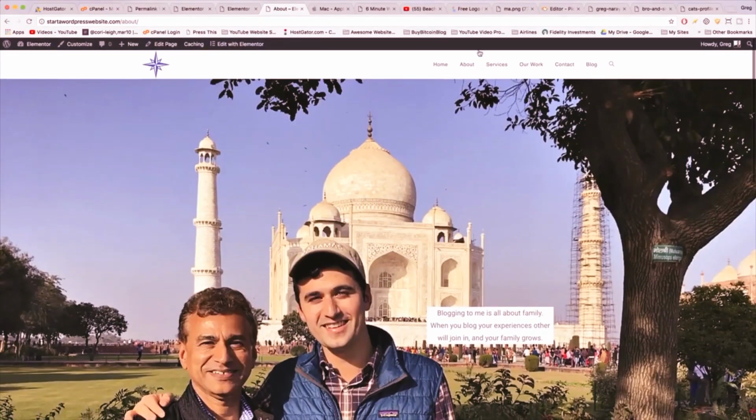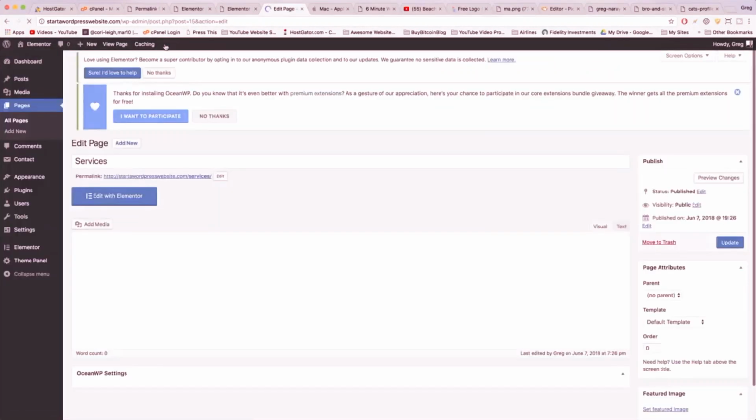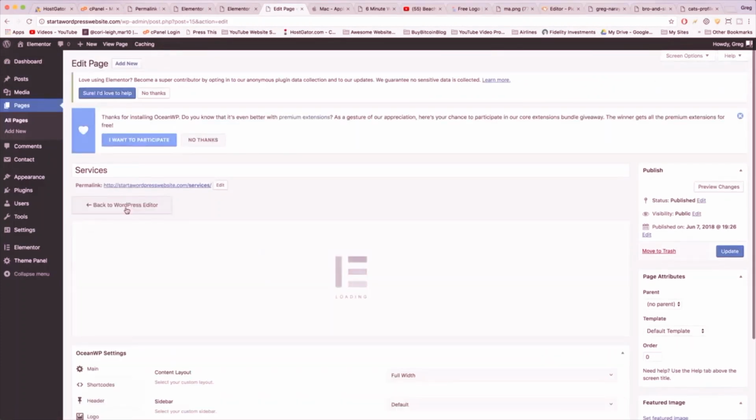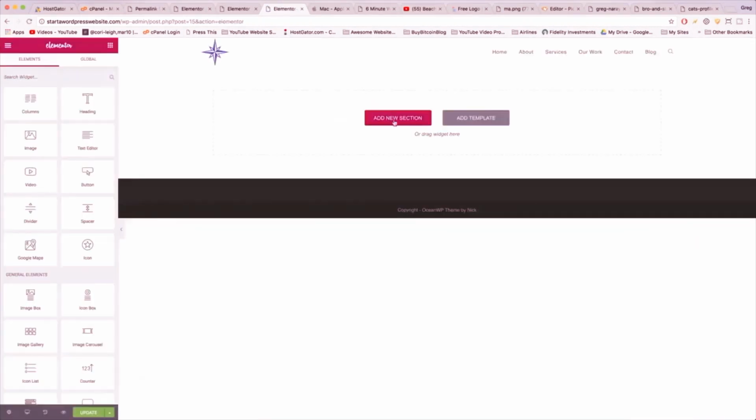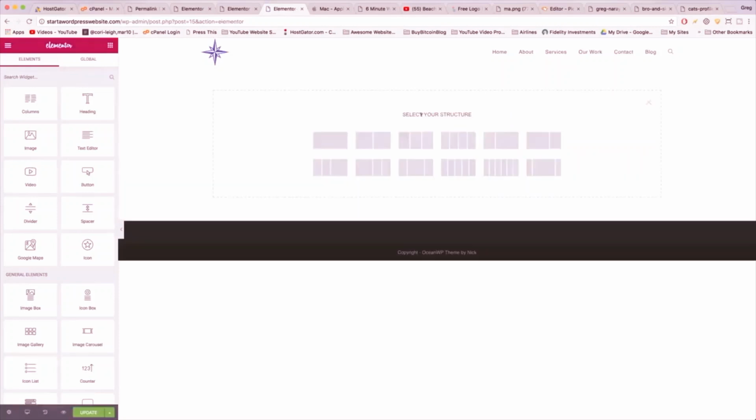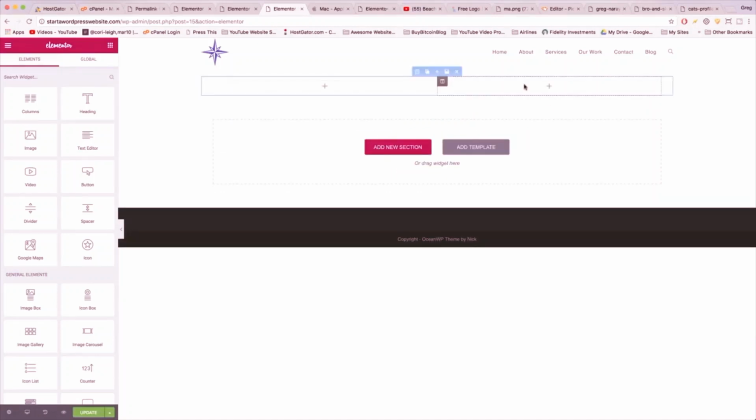Alright, so next order of business is just to create the services page. Let's click services. And now let's go to edit page, and edit with Elementor, and add new section. And this is just going to be a bunch of big 2-column sections going all the way down the page. The idea of this page is just to make your visitors really pleased and content when